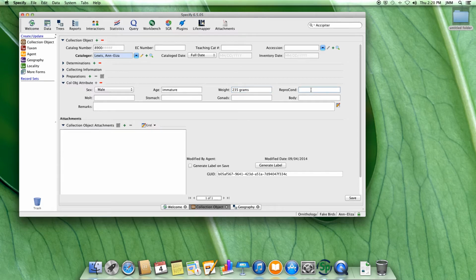You can see reproductive condition. You can put if there's a brood patch here. If it's molting, you would put notes about molt. If it had something in its stomach, let's say it was full of beetles, you would put that. Gonads, so here's where you would put measurements for the ovaries or the testes. So I might put testes,